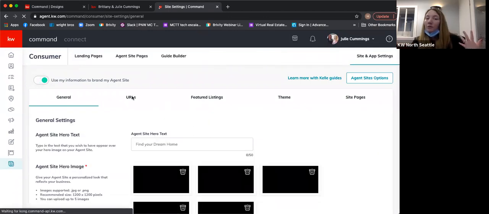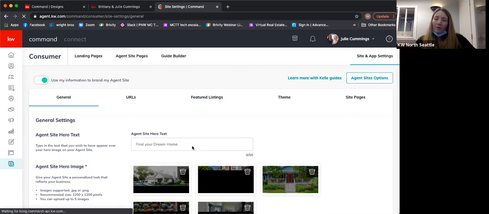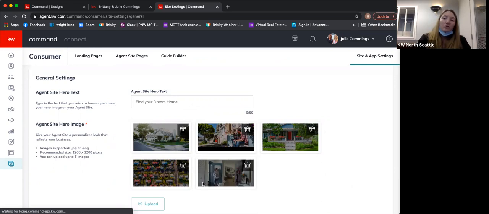If you don't remember what your URL is for your site, you can always go in there and change it. You can change the text on your homepage. So if you don't want it to say find a dream home, because that's not going to match what you're trying to look for on your website, you can change that. If you don't like having the scrolling images, you can delete all of them and upload a new photo. So if you end up making a full grid out of designs,